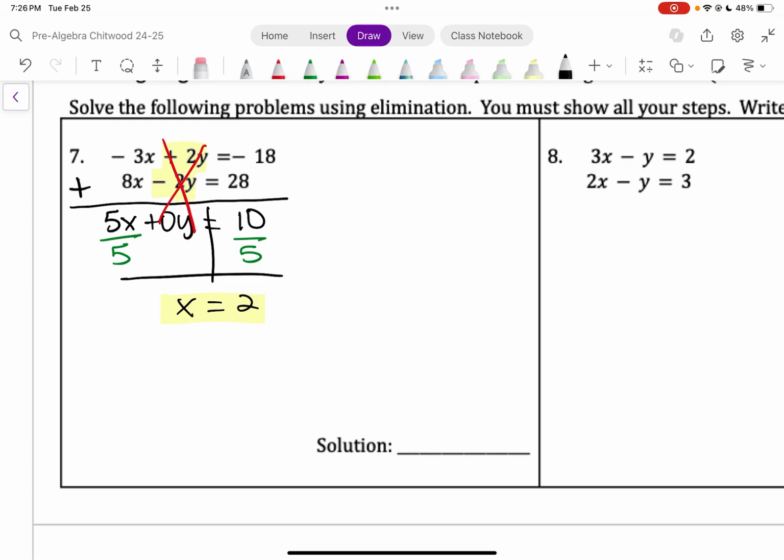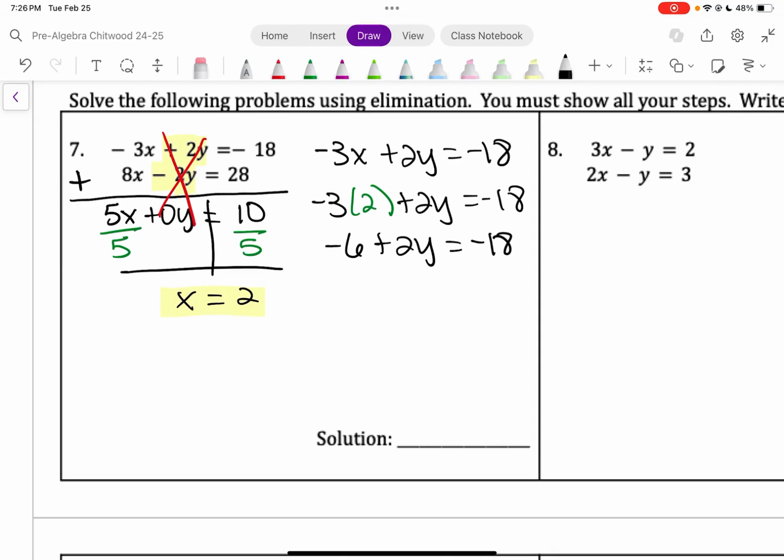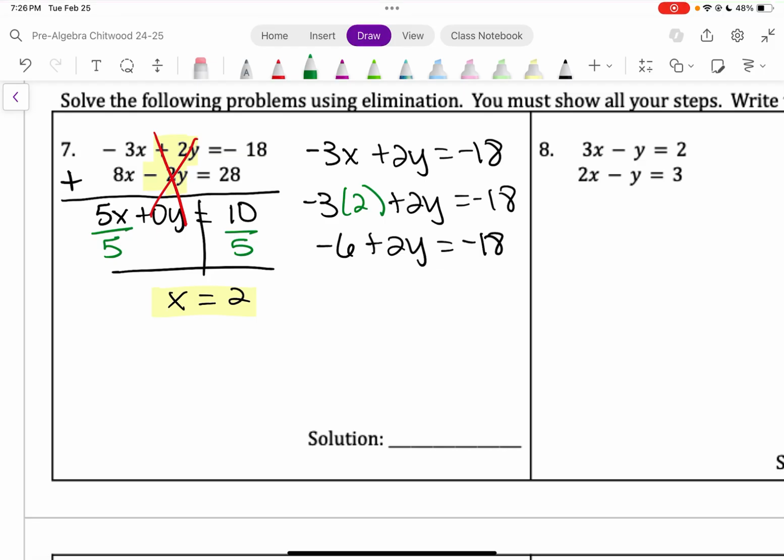Now I have to choose one of the equations to plug x back into. I'm just going to use the top one. So I have negative 3x plus 2y equals negative 18. Negative 3 times 2 plus 2y equals negative 18. Negative 6 plus 2y equals negative 18. So now I'm able to start isolating y. I want to add the constant to the other side. So add 6,